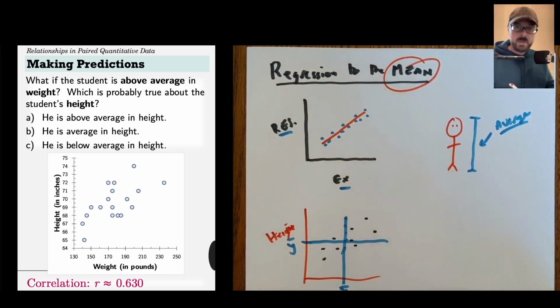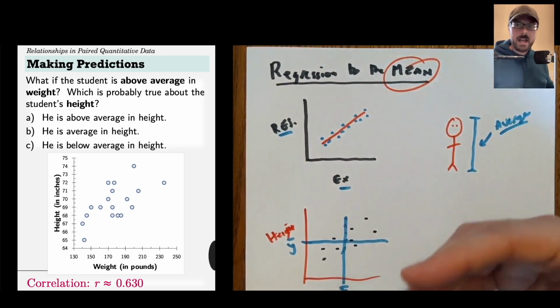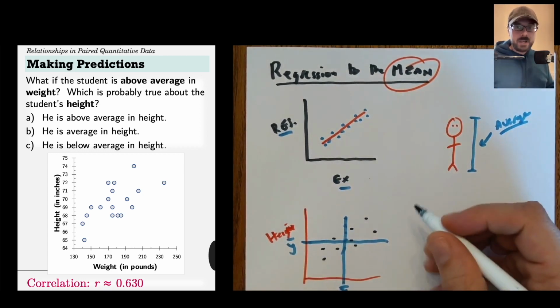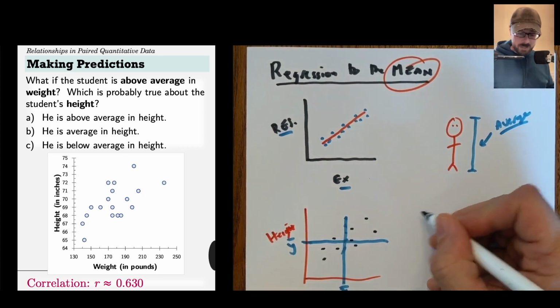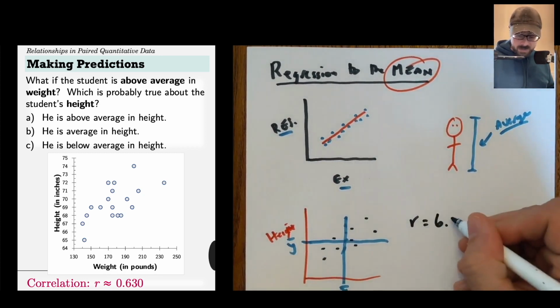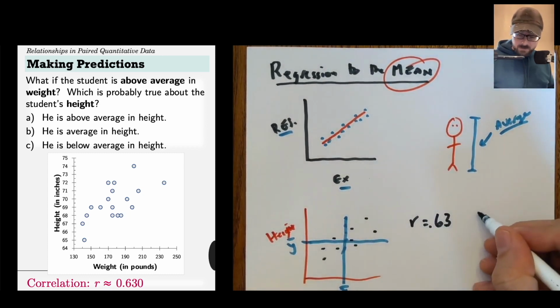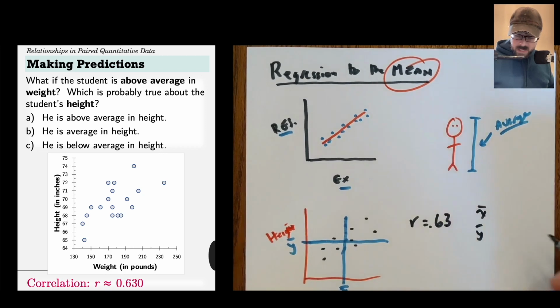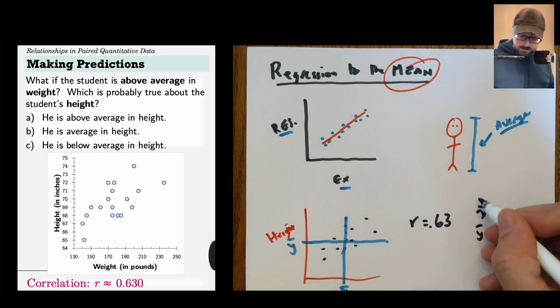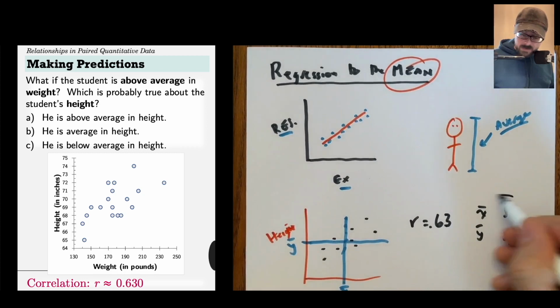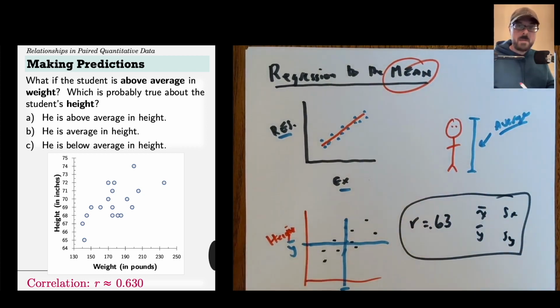But I would like to make more specific predictions. What if I knew the exact value of a student's weight? Could I come up with an exact guess of a student's height? And I'll tell you right now, it is possible just by knowing how strong that association is. Knowing that the correlation is supposed to be, say, 0.63 between these variables, and knowing certain facts about, say, the mean weight and the mean height, and also knowing the standard deviations of X and the standard deviations of Y, these facts are sufficient for me to make some predictions.